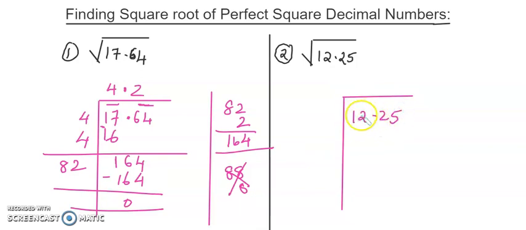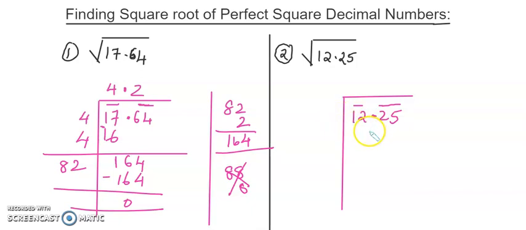On the left side of the decimal, you start moving towards the left by making pairs. On the right side of the decimal, you start making pairs from the left to the right. Again, on the left side, you start from the right and move to the left. On the right side, you start from the left and move to the right. So left hand to right hand on the right side of the decimal. And on the other side of the decimal, you will always do the normal way.